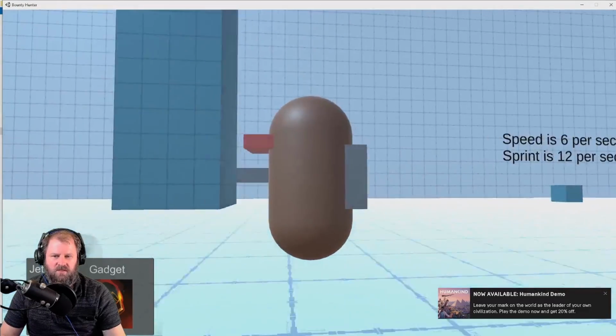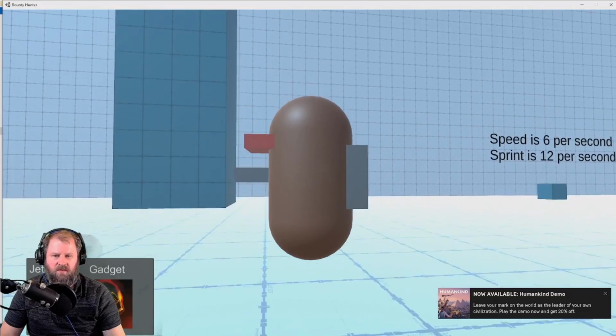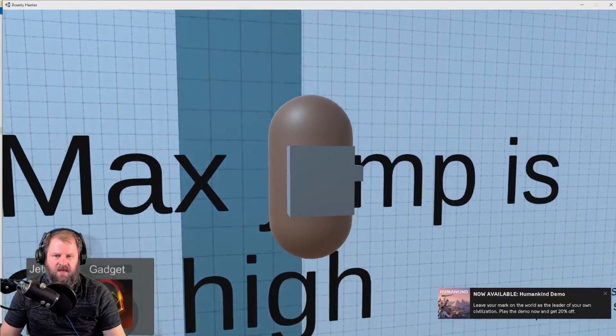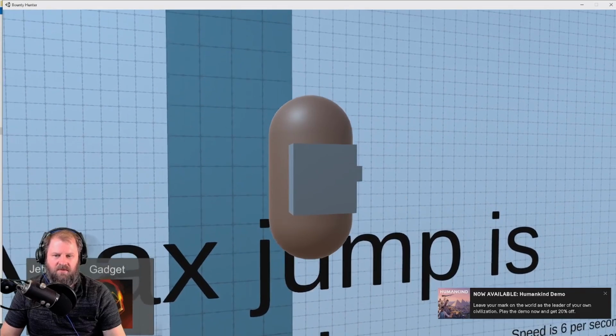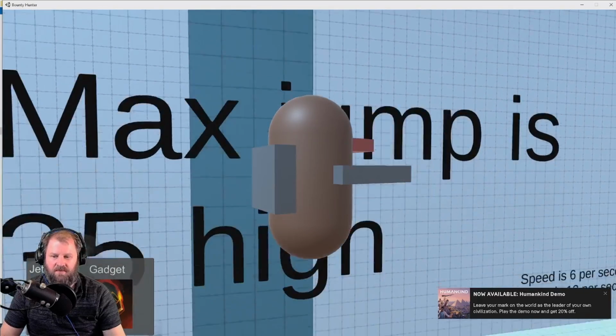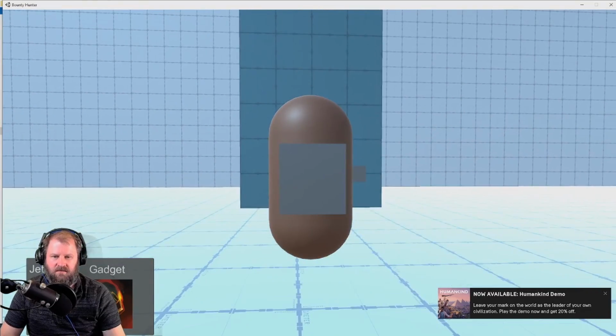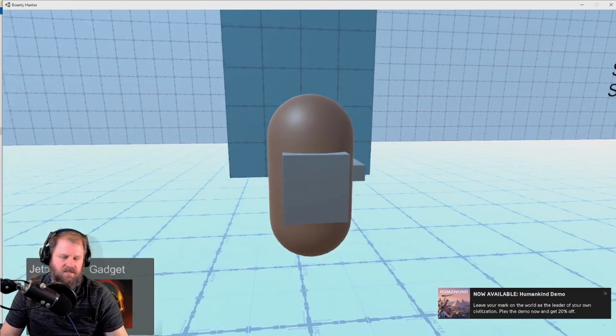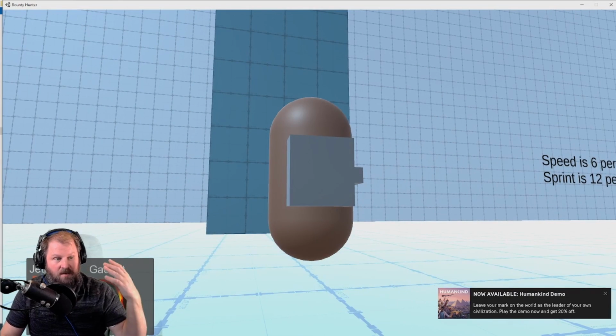Let's try this. So if I just hold jump, do I just keep going up? No. So I'm confused about how max jump works. So I tap. Oh, there's a jetpack right there. How did I not see that? Okay. It's all making a little bit more sense to me. I'm a little slow to the uptake, but I noticed it now. It's actually behind my body right here.